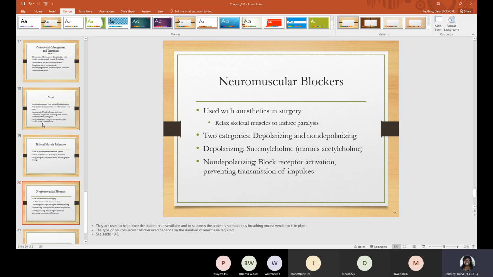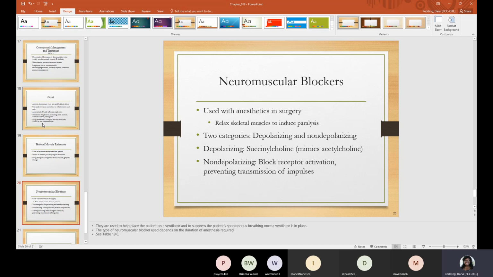There are two categories when it comes to the neuromuscular blockers: depolarizing and non-depolarizing. With depolarizing, it mimics acetylcholine, which is abbreviated ACh, and that's one of the main neurotransmitters. The non-depolarizing type works by blocking the receptor activation as well as preventing